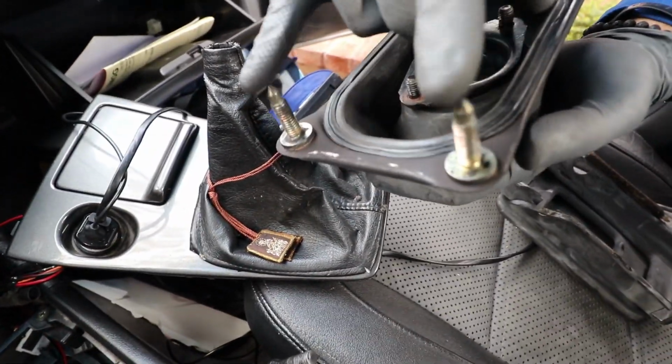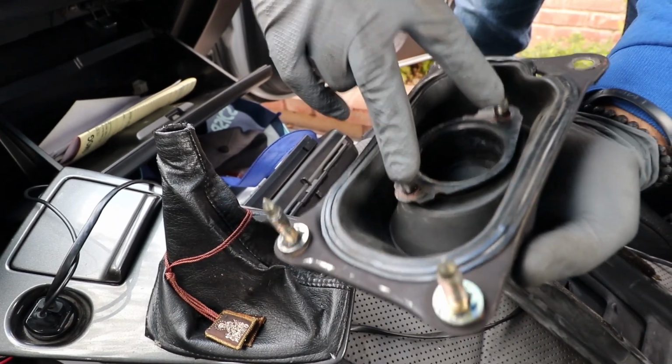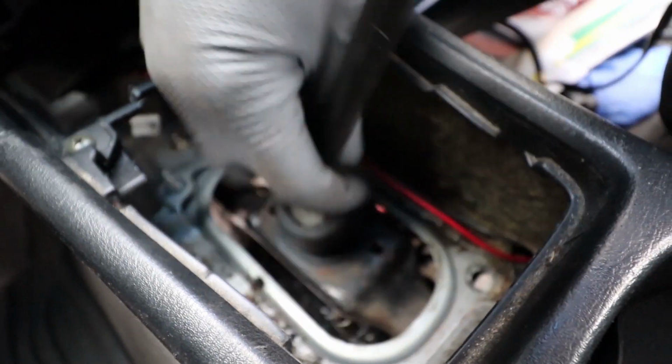There's two bolts on the bottom, those were also the 12s you just took off. Yeah, and they'll hold the shifter bushing. These are the two covers that were being held on right into the actual stabilizer bar. Right there. And then